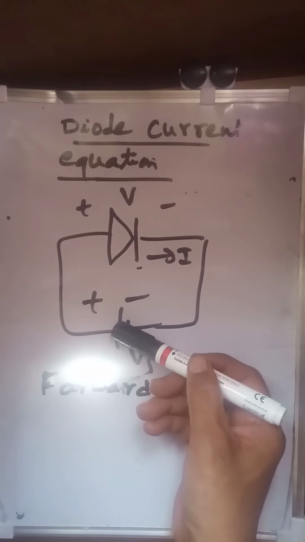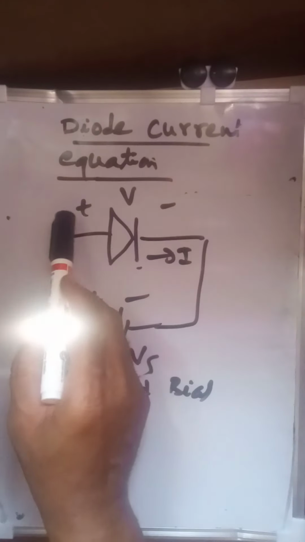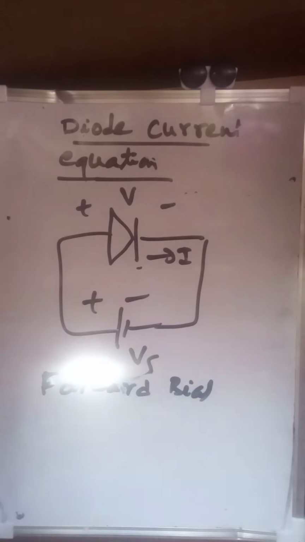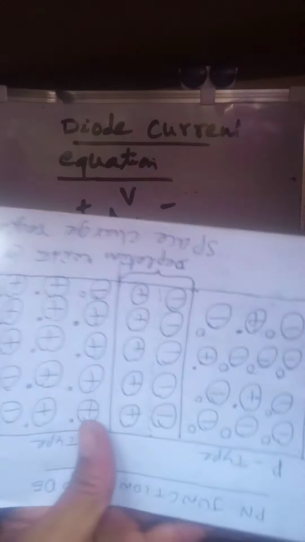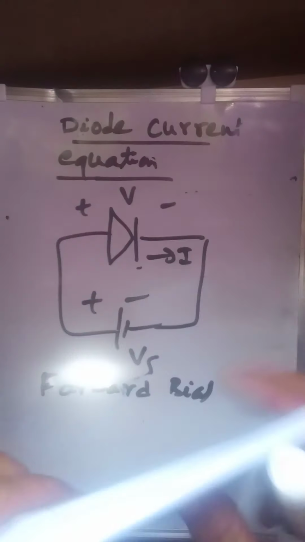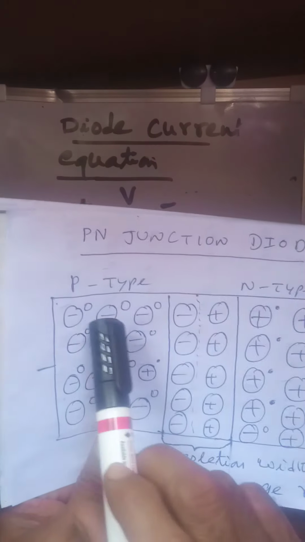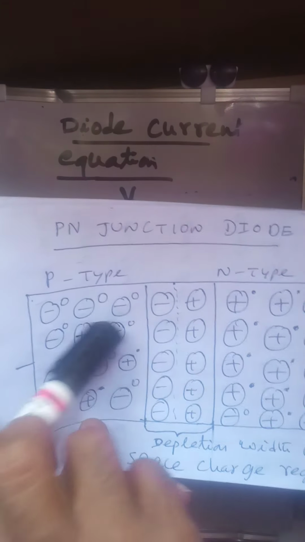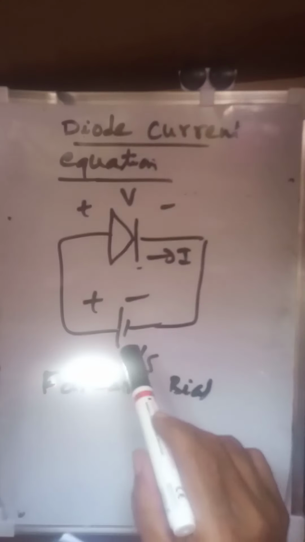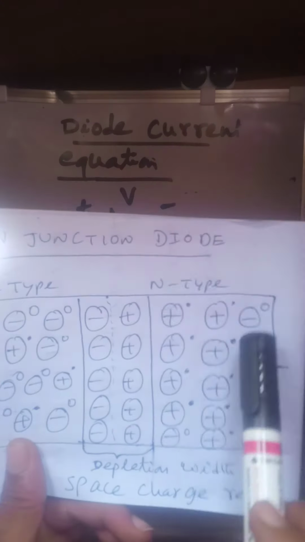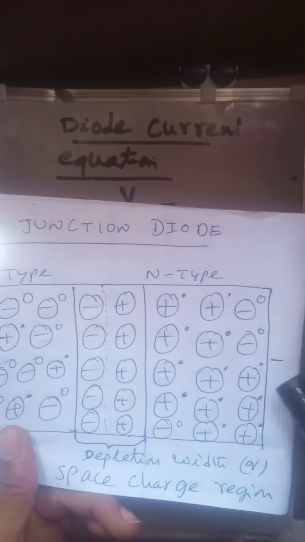When a positive voltage is applied to the P side, all the holes available there are repelled towards the N side. Similarly, negative is connected to the N side, so all the electrons available there are repelled from the plate and enter the P side. Thus a huge number of holes and electrons cross the junction.